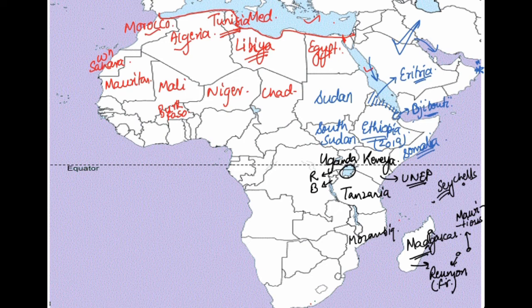With this, I think we have almost completed Eastern Africa. Apart from this, here there is a group of islands known as the Comoros Islands. Now we move to the next group, which is Southern Africa. In Southern Africa, we have South Africa. Within South Africa, there are two other countries. The western one is known as Lesotho, and towards the northeast we have Swaziland.